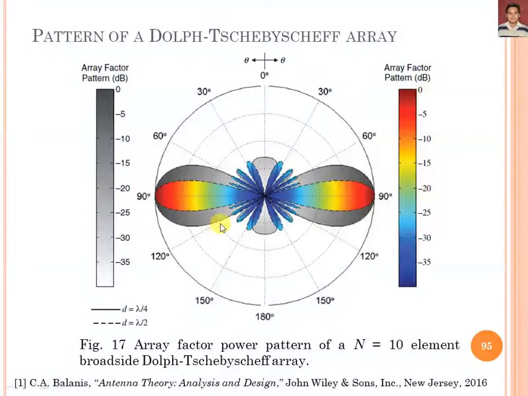So we can say the beam width of the Chebyshev polynomial is reduced, as you can see when we are taking the half power points, but in the case of d equal to lambda by 4, it has a large beam width. So we can say that by using Chebyshev polynomial arrays, I mean the Dolph-Chebyshev array, the beam width is reduced in certain aspects with respect to normal radiation or with respect to the side lobe level, SLL.